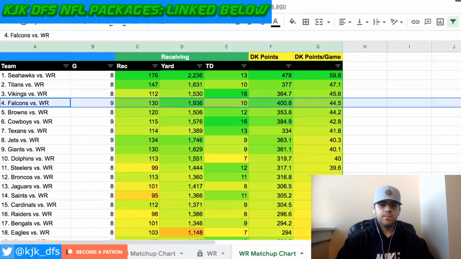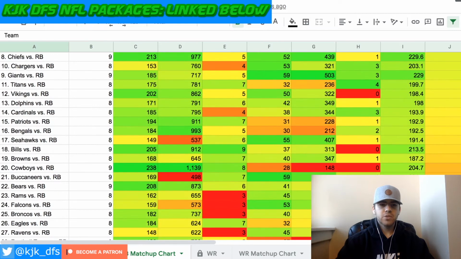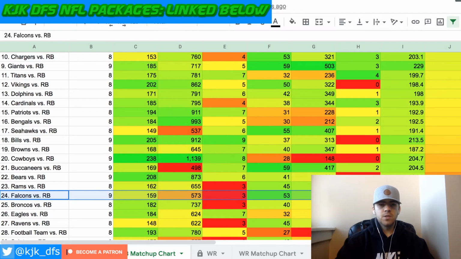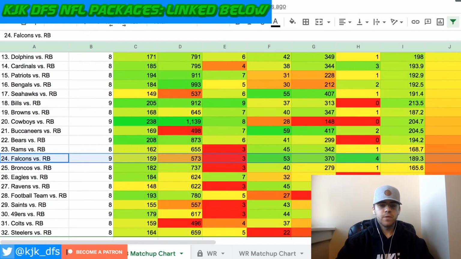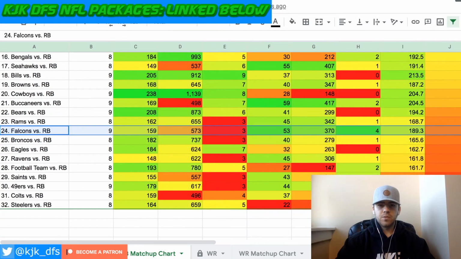And then as far as how the Falcons fare against running backs, we can see that they do actually have a pretty good run D. That's something they actually excel in. So the 24th best team to target in terms of my matchup chart for running back. So not the best matchup as far as running is concerned, but however, you see a lot of green over here on my sheet when we start moving our eyes from left to right across the screen and in the middle,